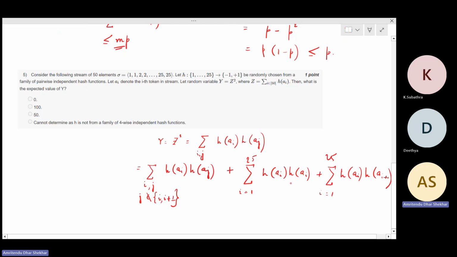So the reason why I wrote it in this way is because the string has repeated elements. By saying that j is not equal to i or i plus one, it means that we're looking at two different numbers, so essentially a_i is not equal to a_j. So this is the first case. So if a_i is not equal to a_j,